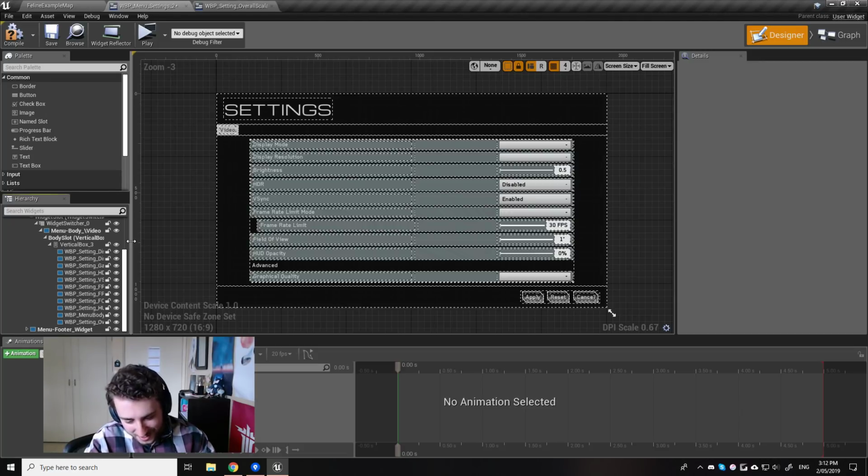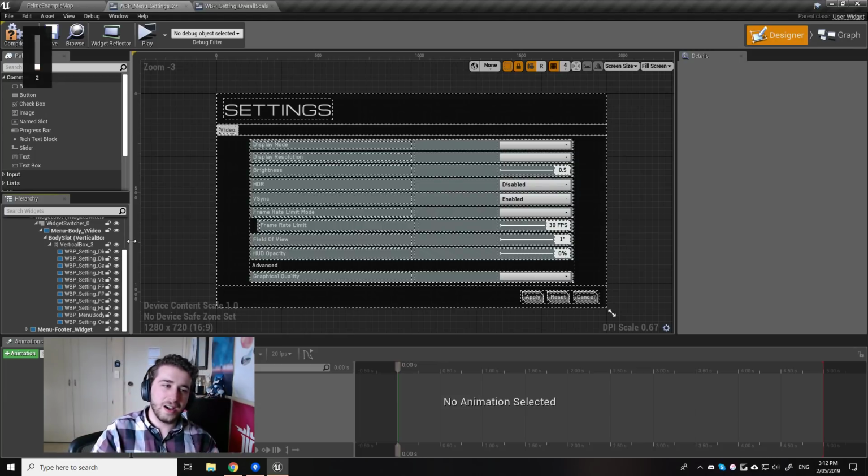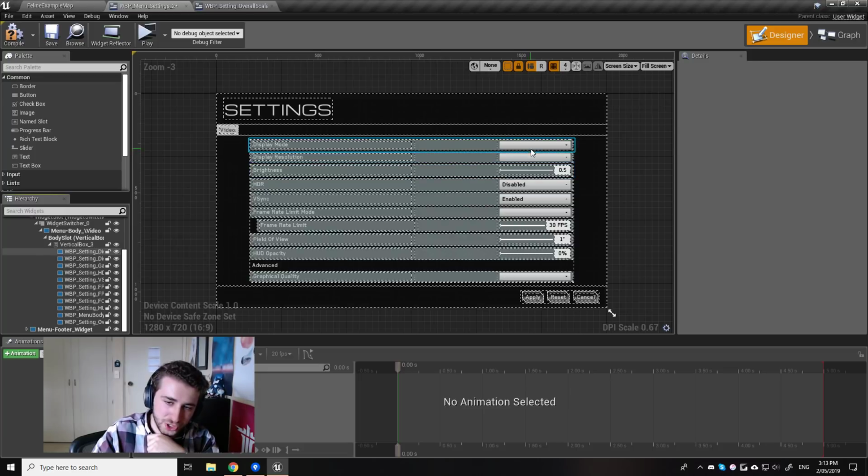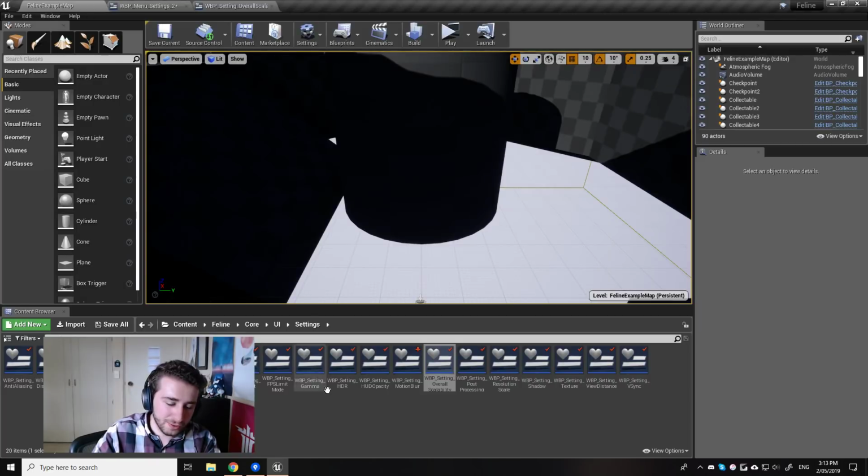To answer your question, MC Bros, yes. The settings themselves, most of them are built into Unreal. Not all of them, and that's something I had to design this whole system around. That's why I'm using a save game system for some of the other settings. Things like display mode and resolution, there are functions in Unreal that will tell it to do that sort of thing. So if I go to my